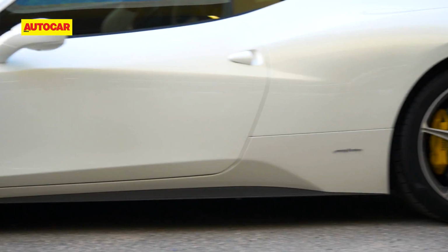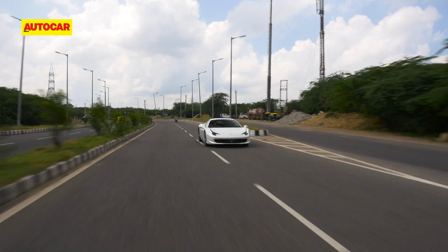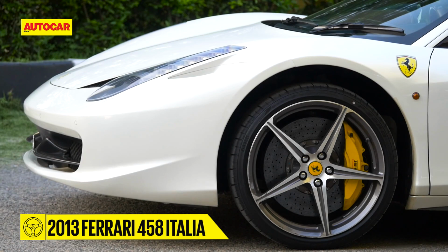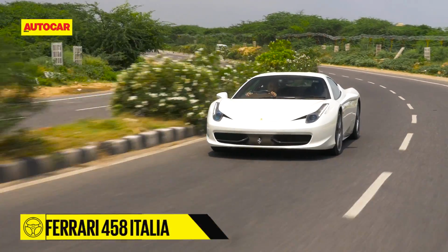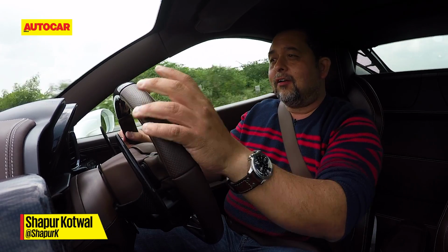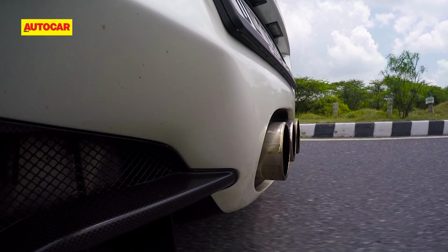I've saved the best for last. Ladies and gentlemen, the 458. Now honestly, this car had me at hello. It just looks fantastic and it has all the right spec. And then there's the driving experience. Now this is really good stuff. A 2013 model. Again, 8,000 kilometers and it's fresh and crisp and